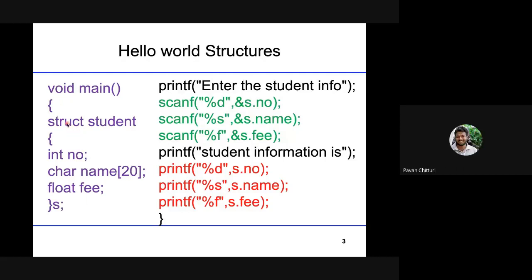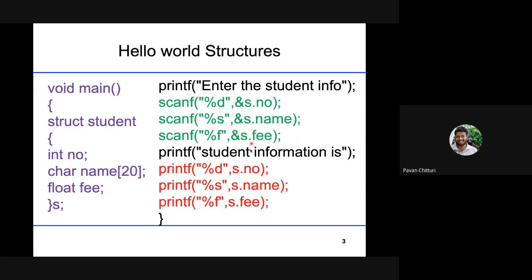So this is how you are declaring a structure. In the local declaration section, with the keyword struct, you are creating a new structure called student, which has three members. How do you access those three values? With yes dot number, yes dot name. So this yes can be represented like this: yes dot number. This number belongs to the variable yes. So this is how we store the values into that particular structure.